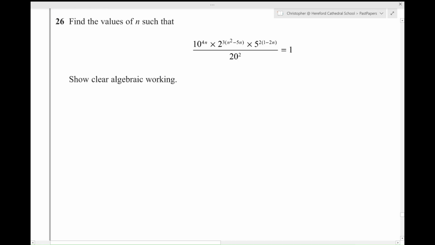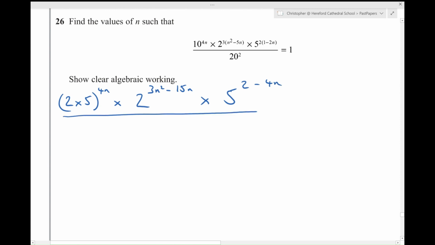Question number 26, the last question. We're getting there at last. So let's have a look. We're going to put everything in base 2 and base 5, I think, for this question. So instead of 10 to the power of 4n, I'm going to write 2 times 5 to the power of 4n, times, now I'm going to multiply out that bracket, 2 to the power of 3n squared minus 15n, times 5 to the power, let's multiply that out as well, 2 minus 4n,